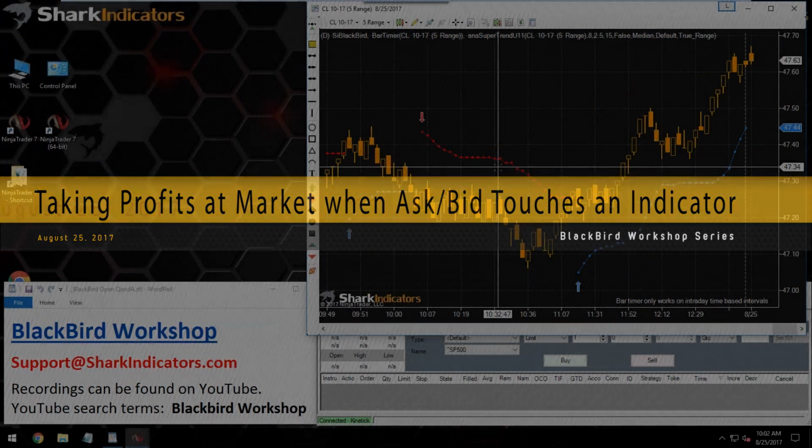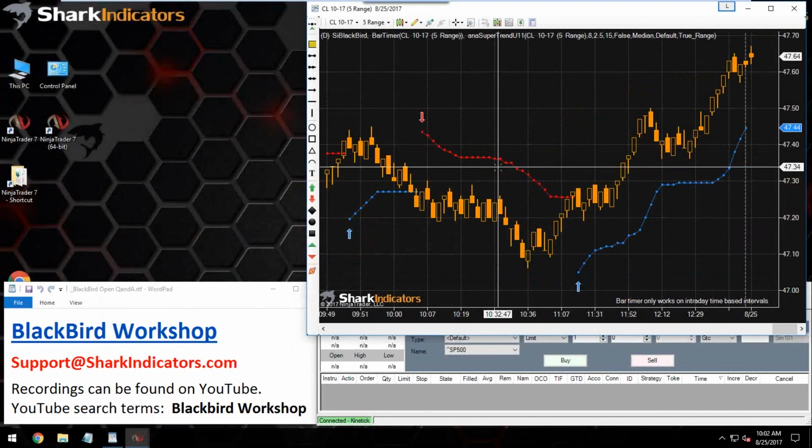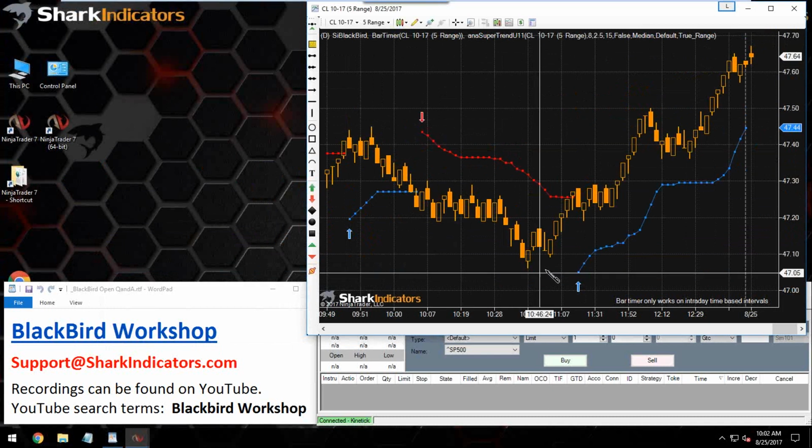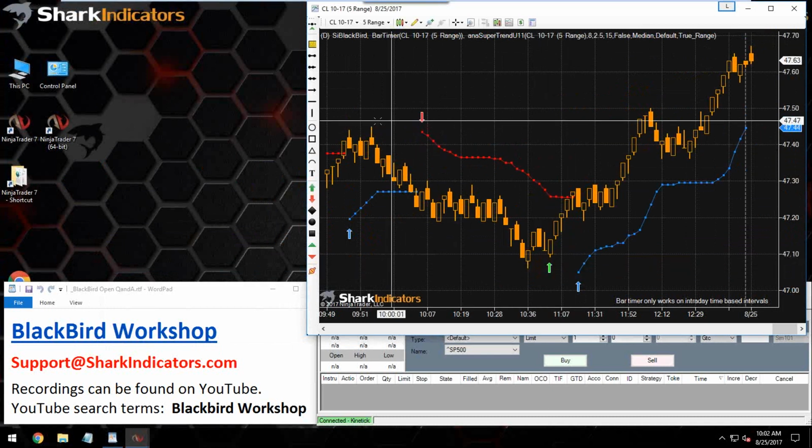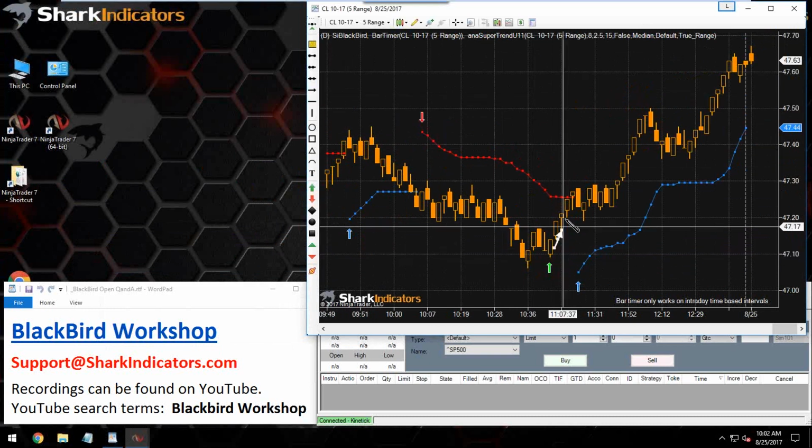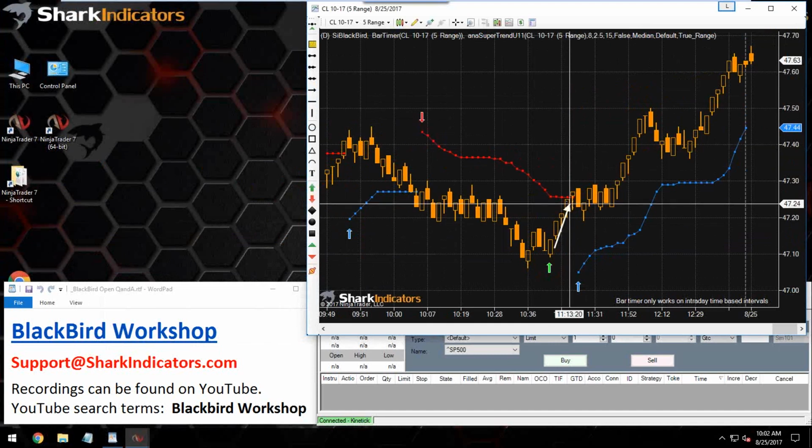We're going to take a BloodHound exit signal that was built in yesterday's workshop, and just show how to incorporate that into BlackBird. So just to recap here, this is a reversal trade. Something like a long position would be taken going against the anaSuperTrend. So a long position would be opened, and